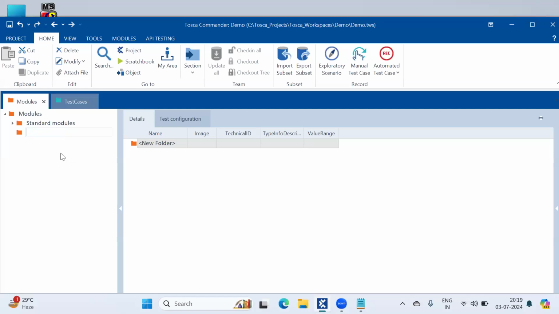Currently we are working on the demo web shop application. If you work on any other project also, use your project name. My application name is demo web shop, so I am giving the name as demo web shop. Now I will show you how to scan the application through modules.